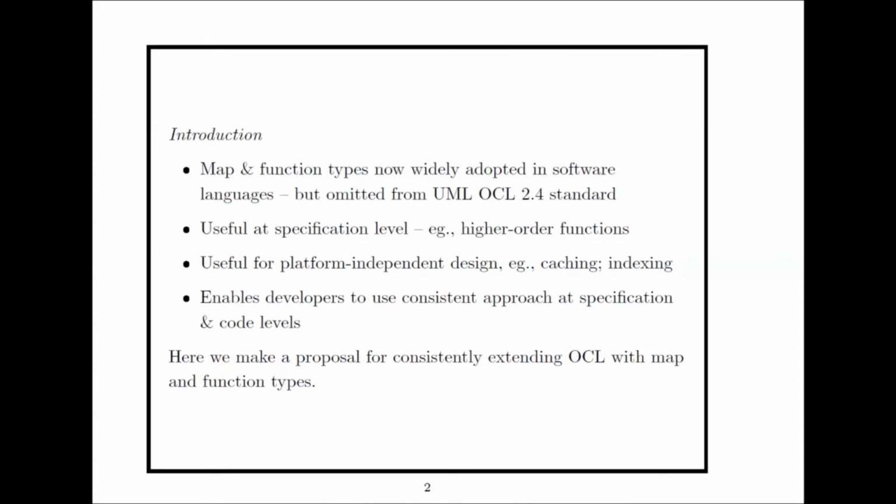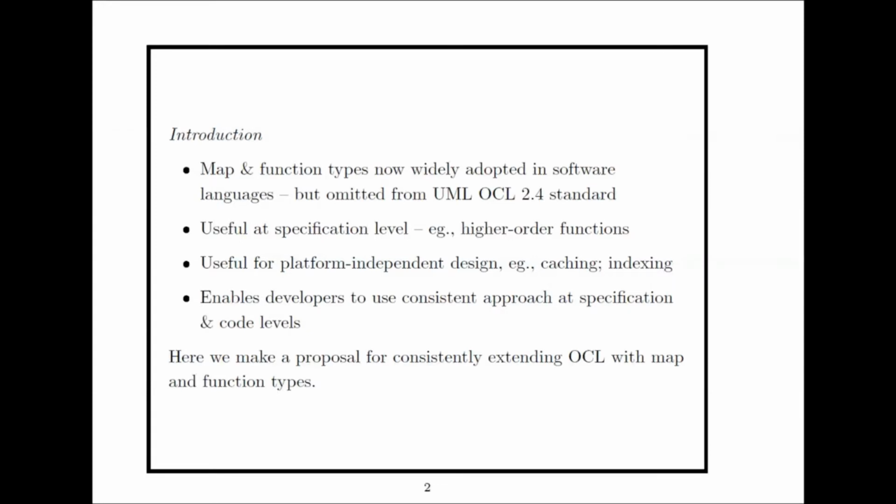So OCL is a very significant language which is used across the world. But in the current version of the standard, version 2.4, there are not any map or function types, although most programming languages do support such types. And those are not just useful at the implementation level, but map and function types can also be useful at the specification level. For example, to specify higher order functions, to specify generic functionality using functions as parameters and so